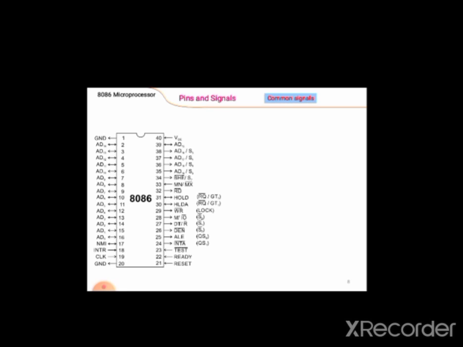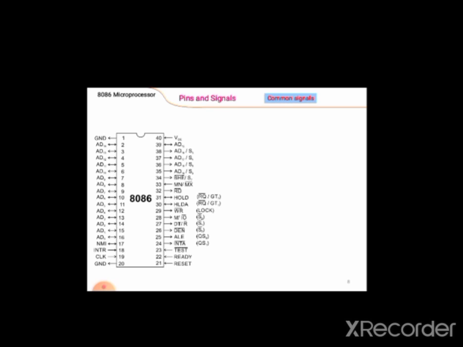So a segment register shows you the memory remaining in the register, and to check the status of memory in each segment we use the status pins, right? So status pins are nothing but checking the availability of memory in the segment register.